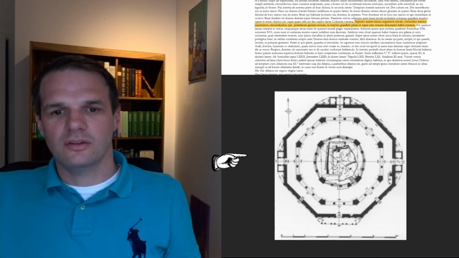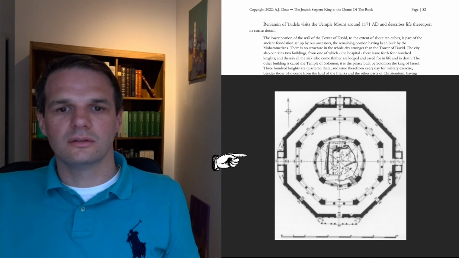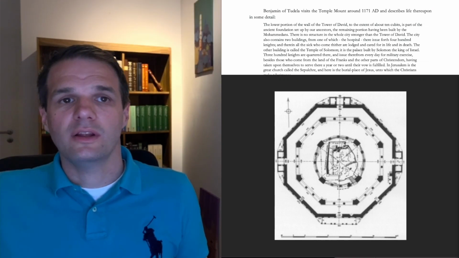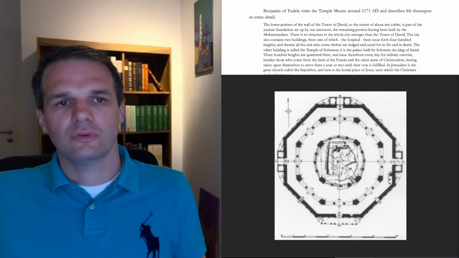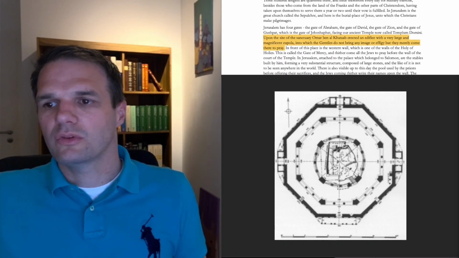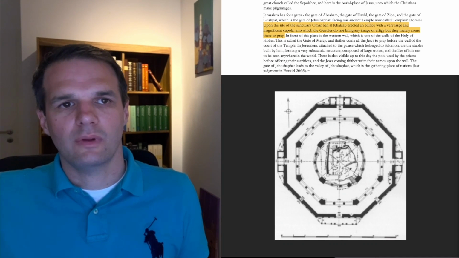And what's AJ's response? They can't count to 8. Another bone of contention for AJ Deus is the question which role Umar played in the construction of the Dome of the Rock. And here he quotes another pilgrim from the 12th century,